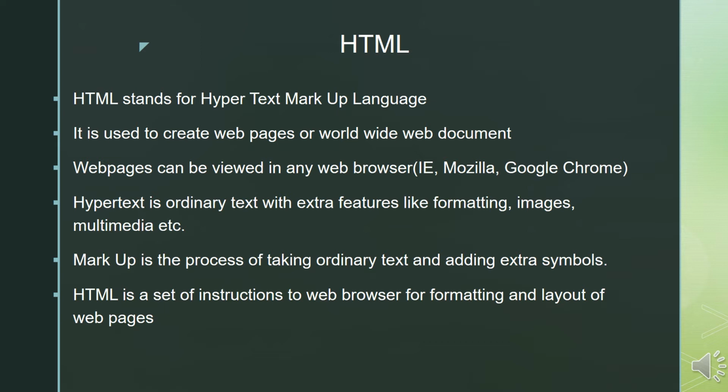What is markup? Markup is the process of taking ordinary text and adding extra symbols. So every piece of information or data which is put on the web page or on the site is marked with a tag of HTML, which is a special symbol. We'll learn about tags in the further PPT. So these tags help to add those formatting features to the data. That's why it is markup, and hence